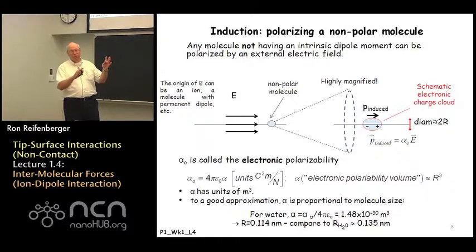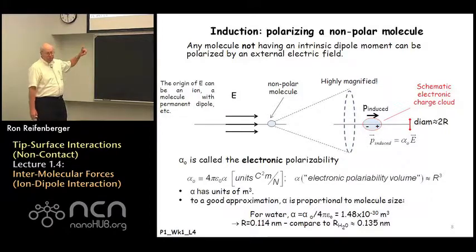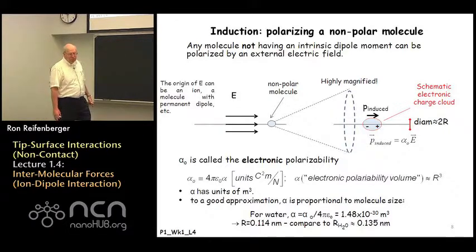All we care is that there's an external electric field that induces a dipole moment in an atom or molecule, which is a nonpolar atom or molecule. So this electronic polarizability is a number that can be measured experimentally. It has units of Coulomb squared meters per Newton,